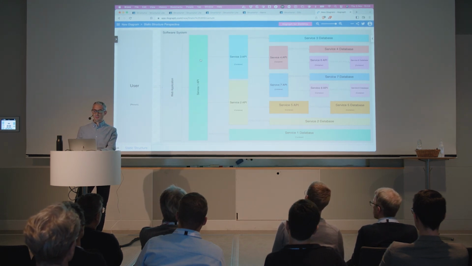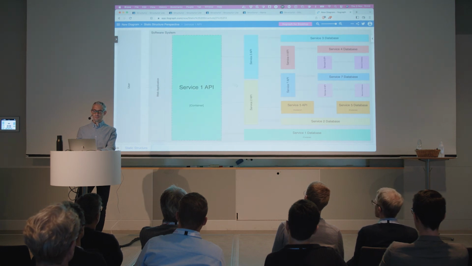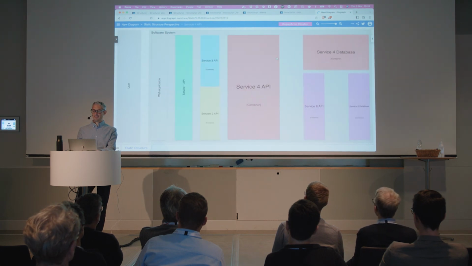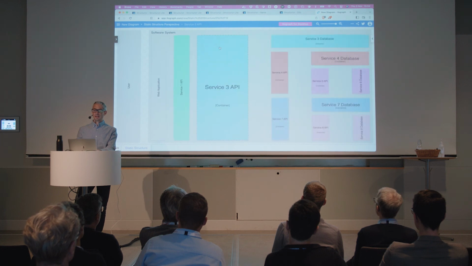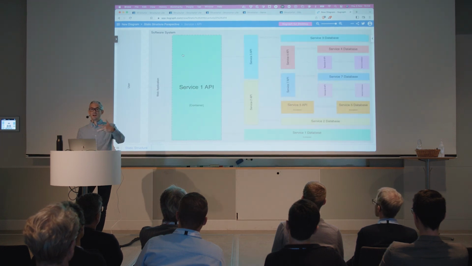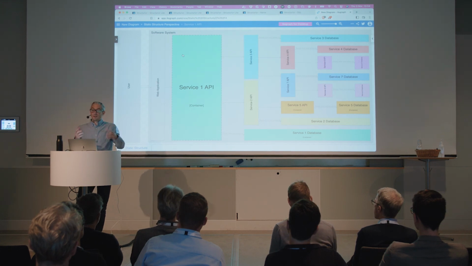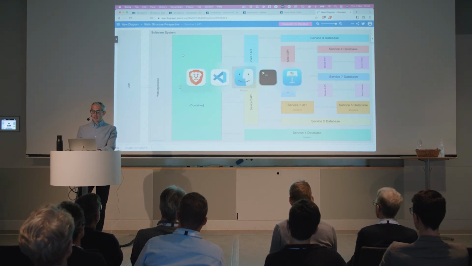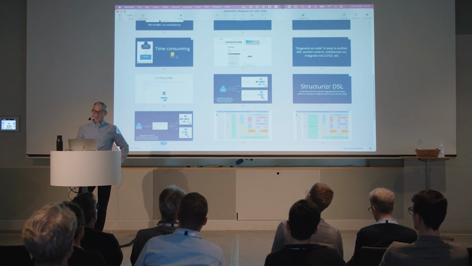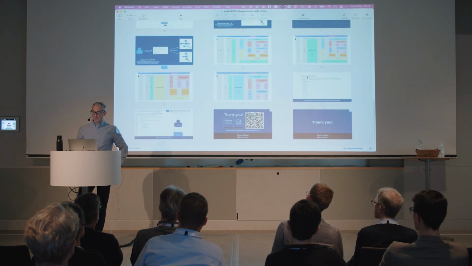You're interested in Service 1? Service 2? It's nice, isn't it? It's a really nice way to show large amounts of hierarchical data. And because the C4 model by nature is hierarchical, this is a really good fit for that tooling. So that is a whistle-stop tour of the Structurizr DSL tooling.